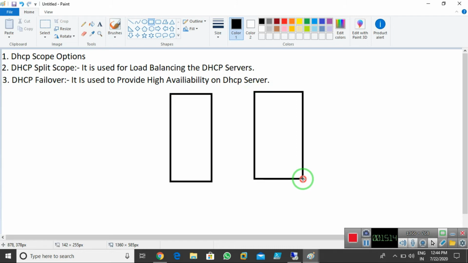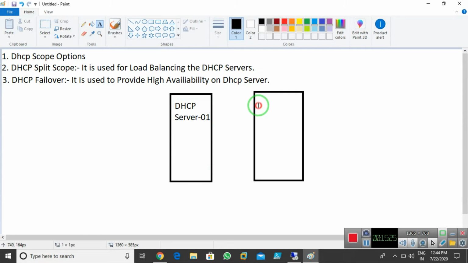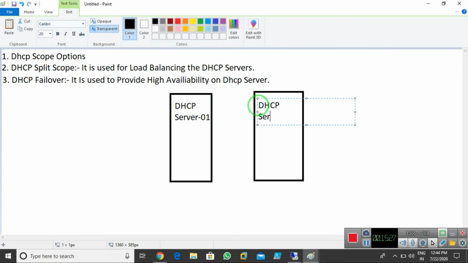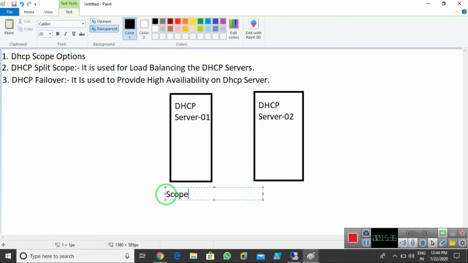Now I can use scope 1 over there, and the scope is 10.1.1.1 to 10.1.1.254. This is the scope I'm using in my DHCP server 1.